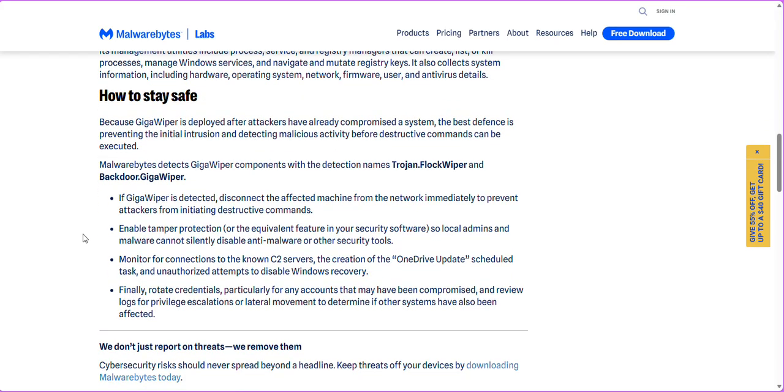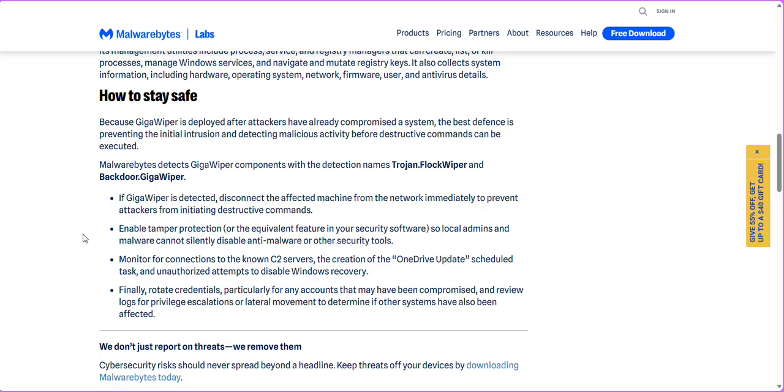How to stay safe. Because GigaWiper is deployed after attackers have already compromised a system, the best defense is preventing the initial intrusion and detecting malicious activity before destructive commands can be executed. Malwarebytes detects the GigaWiper components with the detection names Trojan.FlockWiper and Backdoor.GigaWiper. If GigaWiper is detected, disconnect the affected machine from the network immediately to prevent attackers from initiating destructive commands.